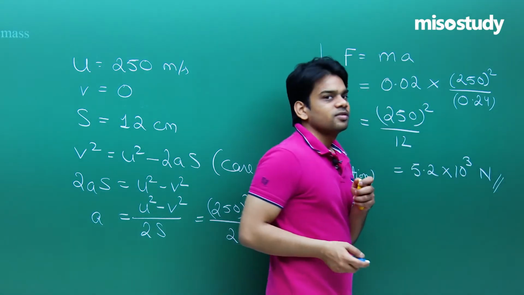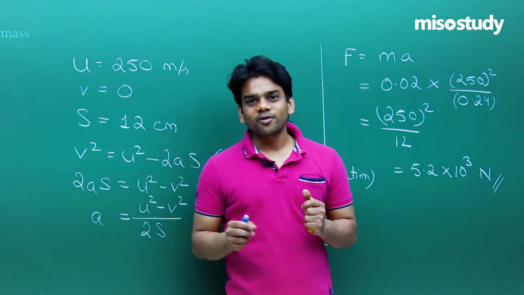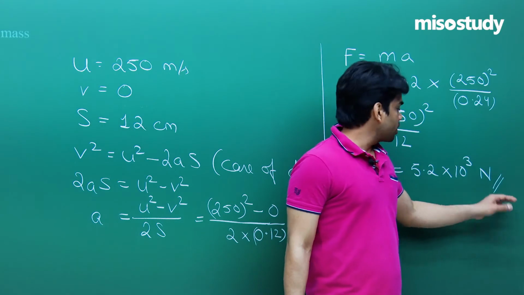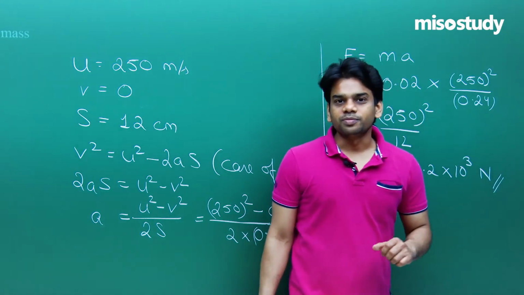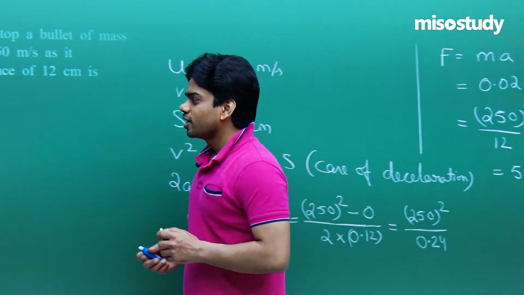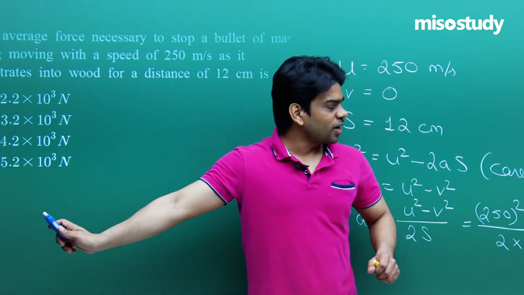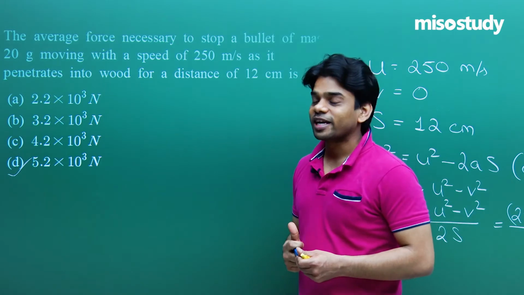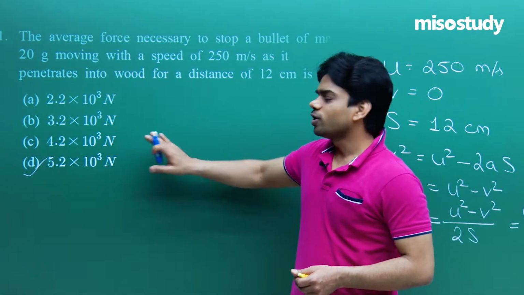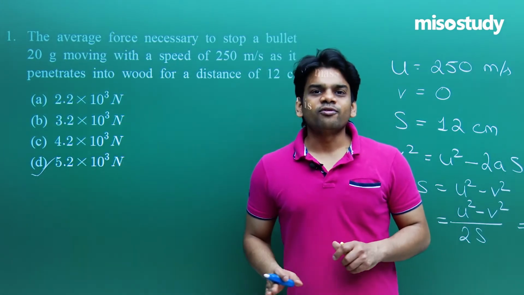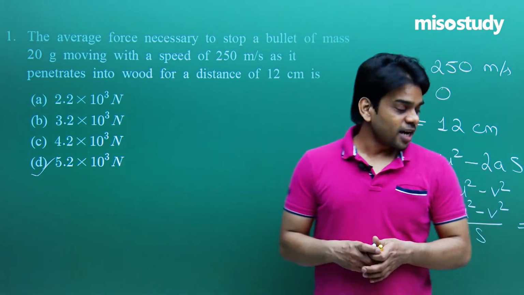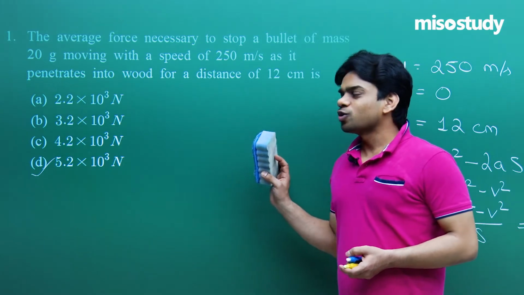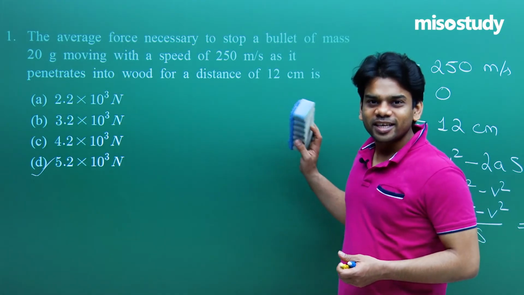All the variables, their values were put in SI units. So the answer that we'll be getting will be in SI units, so Newton. I am directly using 5.2 into 10 to the power 3 Newton. Let's check the answer. It's 5.2 into 10 to the power 3 Newton. So option number D is the right answer. You can check with the calculation. Rest all the options will be incorrect. The calculation I have left at your end that you can solve. I'm not taking time in doing the calculation portion. Now I believe that you have understood how to do it by the deceleration method.